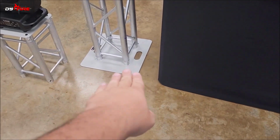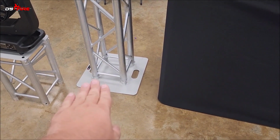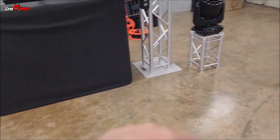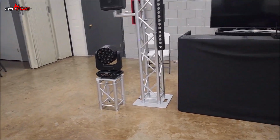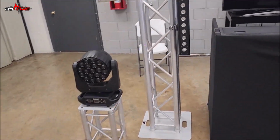Also, the floor is uneven, so you can see a little gap there. That's not because the floor is uneven. I've moved these things around trying to get this one sitting level. I got that one finally sitting level. That one's a little off. I don't really like it, but there's enough weight on top and on the sides keeping it from tipping, and they're wide enough it won't tip anyway, so...